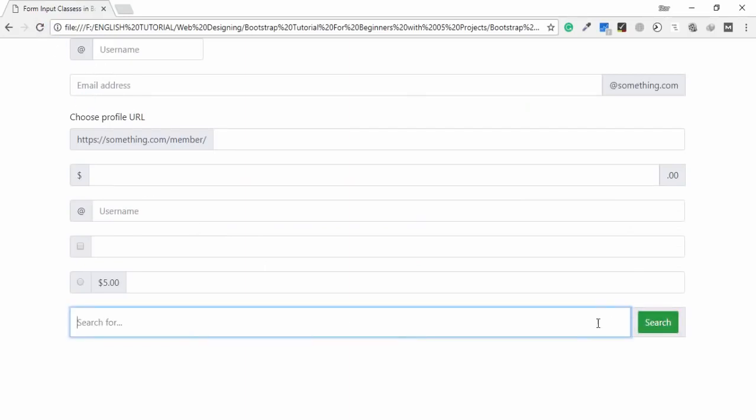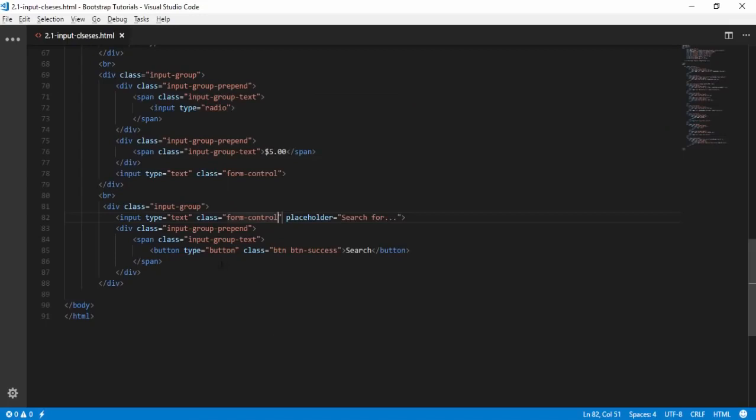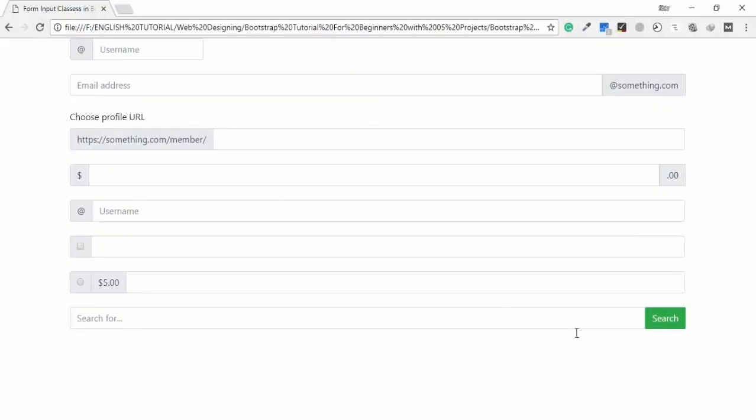Okay, guys, right? But I think I need to change the class. I will check it: input-group and input-group-prepend, input-group-text and btn-success. That's correct, but why? Okay, I remove the text, save, and open the browser for the page, right? Okay,